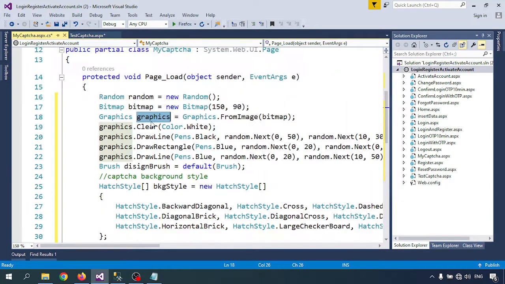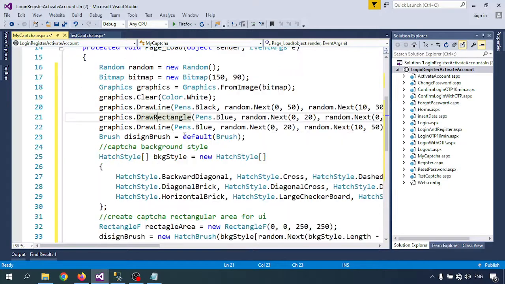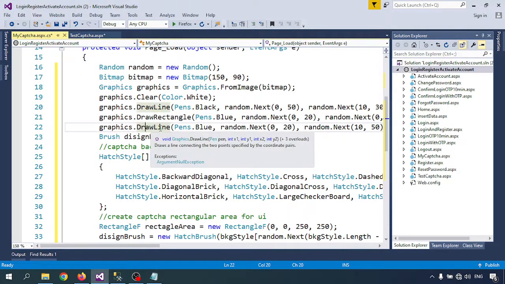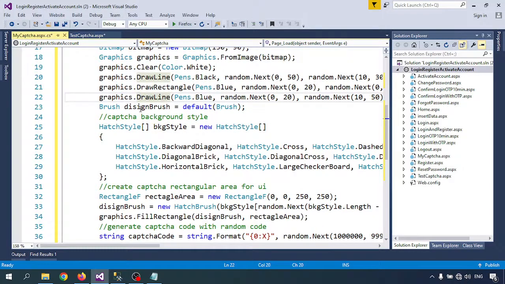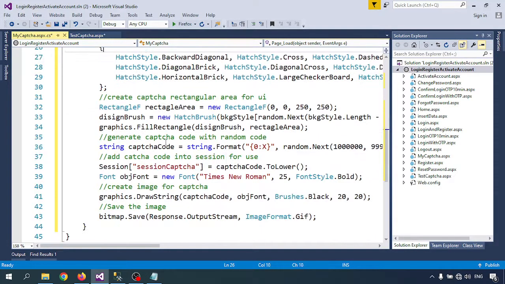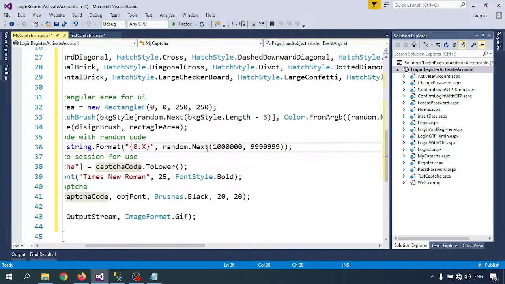Whatever the graphics there will be cleared with the white background. Okay, then we are drawing lines, then we create the draw rectangle. There is code for creating the rectangle. Then we are creating some draw lines on the rectangle, and we have a brush tool, designing brush. With the brush we are just making some code for that. And now this is the main thing, the rectangle area. We are taking 0 0 to 50 to 50, and here we take a string from random next between